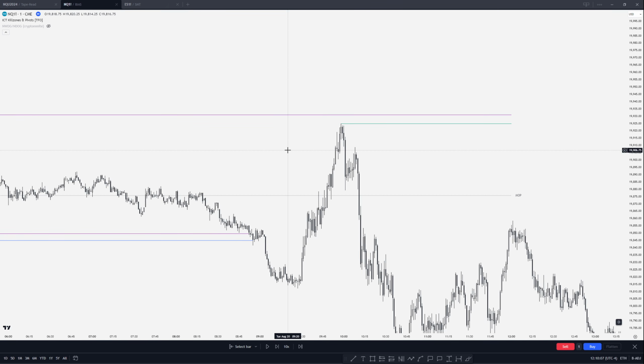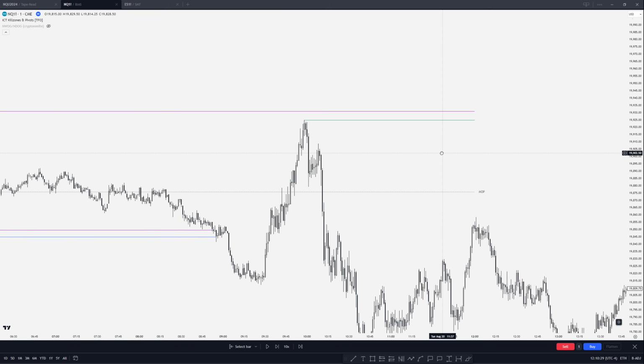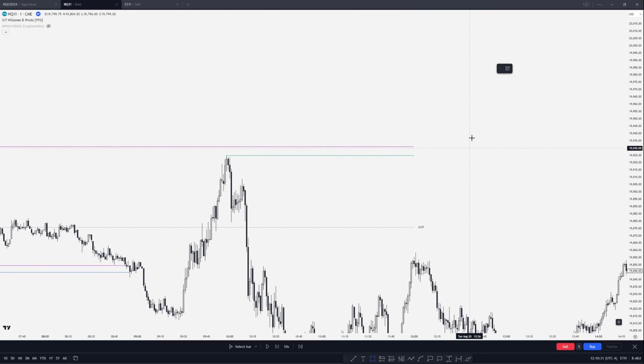So if you look for the low to be put in at 9:30 to 10, should we expect a high to be put in at 10:30 to 11? Sometimes. You can't use that strictly for bias, though. When you use it for bias, you get stopped out. Reason being, there has to be some higher time frame bias. So it's only useful when you have the higher time frame bias and you see the other part of the range. So if I have a bullish bias, I know we're likely to reach into maybe, let's say